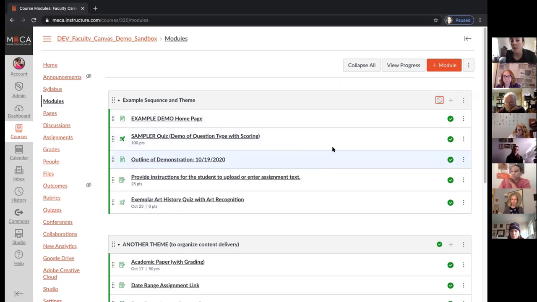So the way you can use this, which is kind of neat, say you don't want the students to see what's ahead for whatever reason. It's kind of rare that you would do this, but let's say you have a reason for that. You can unpublish these until it's time, and you can actually set the date for when they can be published. But the most basic thing is to make sure that all of them are green if you want students to